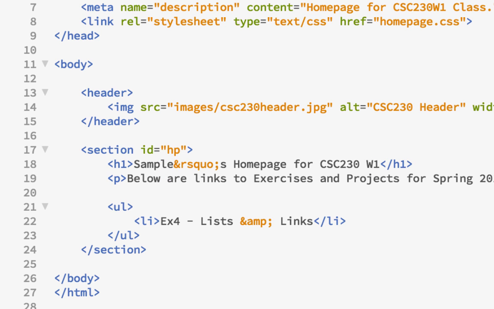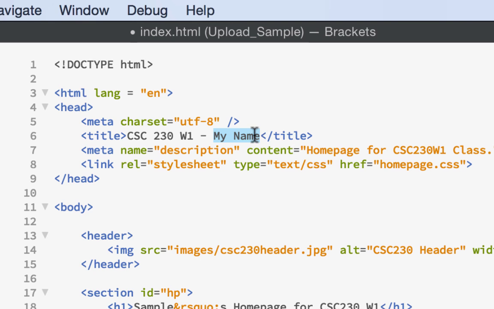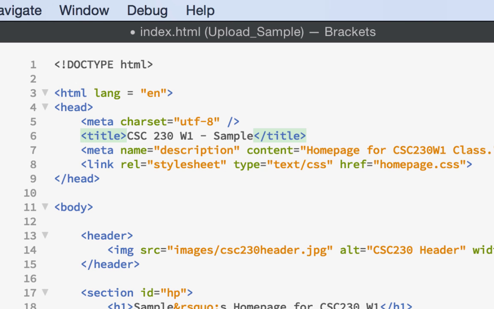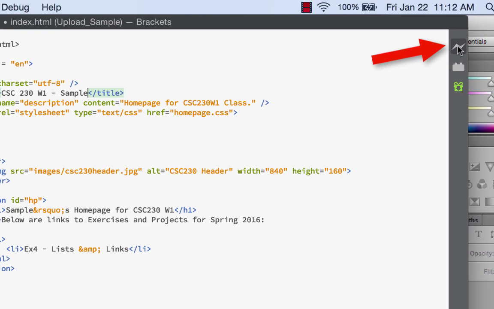And up here where it says my name, you're going to put your name. You could put your first and last name, or you could just put your last name. But where it says your name, you could put your first and last name. And that's really it. If you need to preview this, you can click on this little lightning bolt here, and